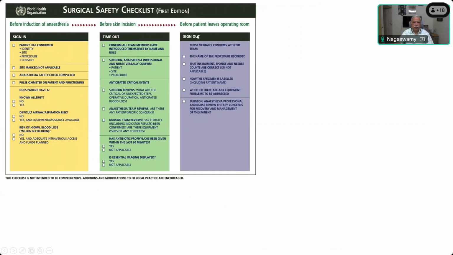And before the patient leaves the operating room, the nurse verbally confirms the name of the procedure performed, instrument, sponge, needle count, all these things clear, how the specimen is labeled and has been properly sent to the lab, whether there are any equipment problems that are to be addressed, and the surgeon, anesthesia professional, and nurse review the key concerns for recovery and management of this patient. So this surgical safety checklist is described by the World Health Organization for the safety